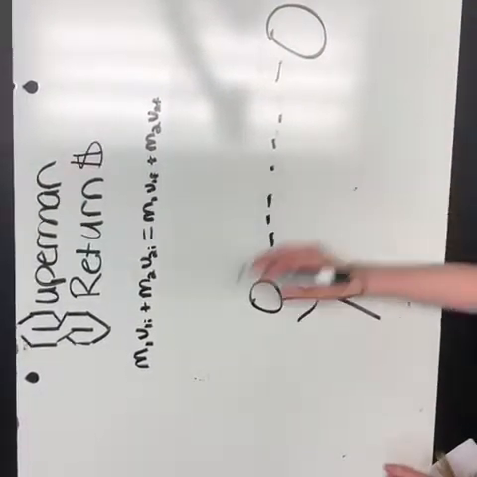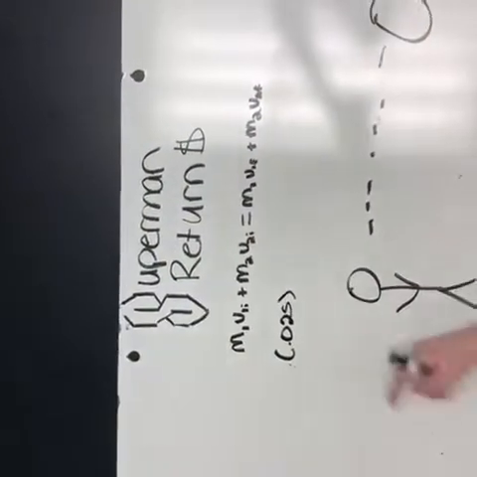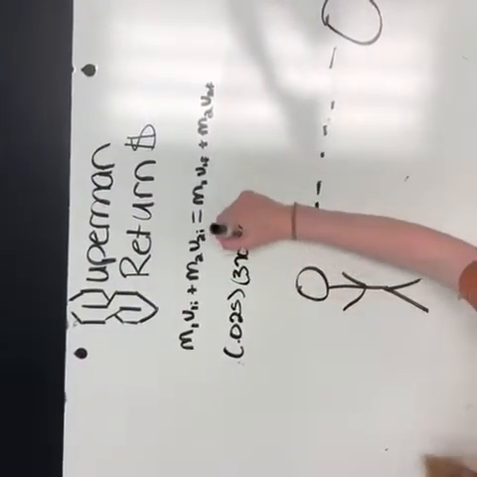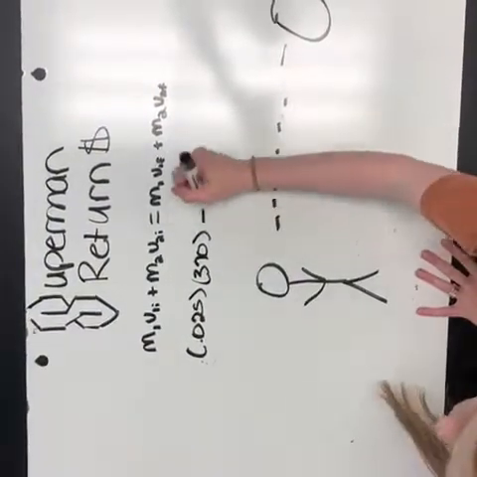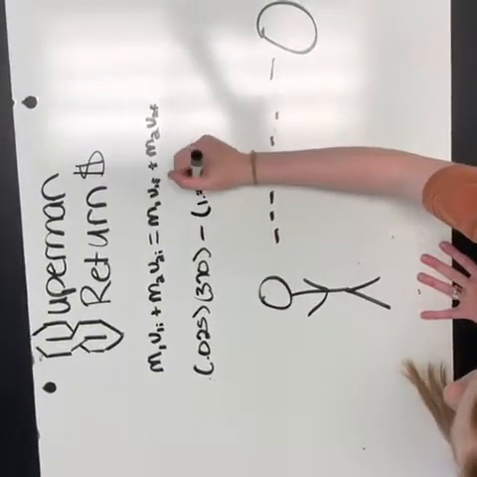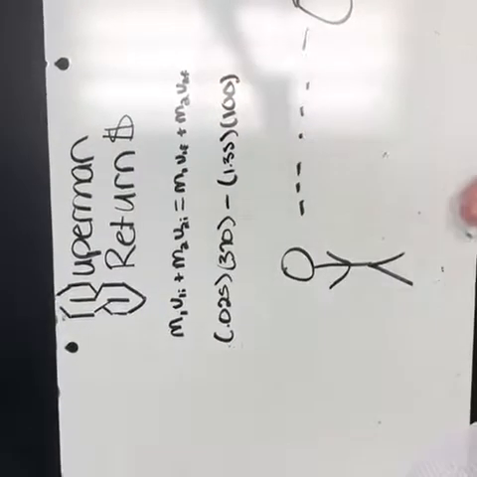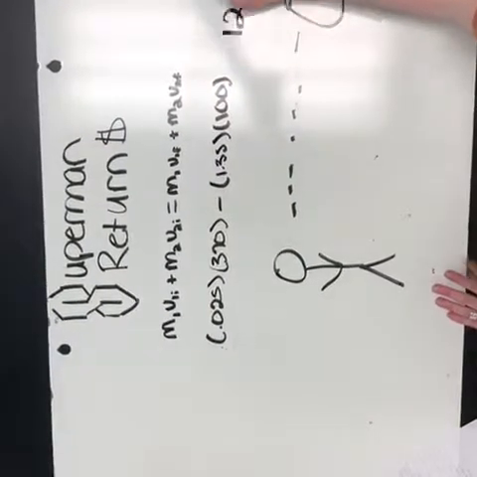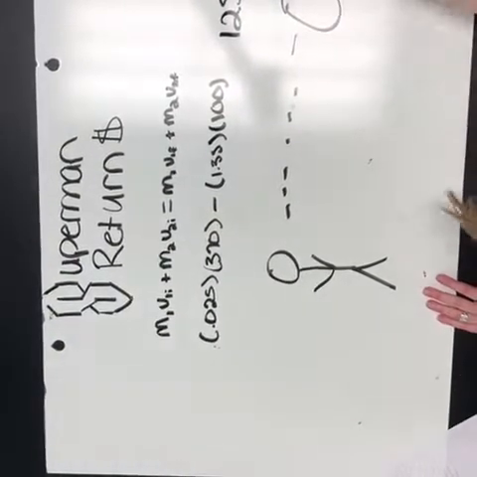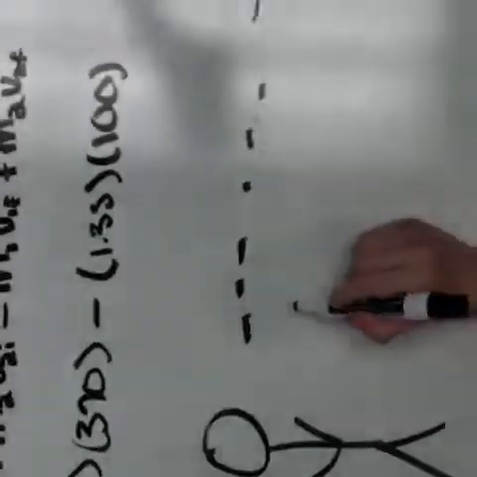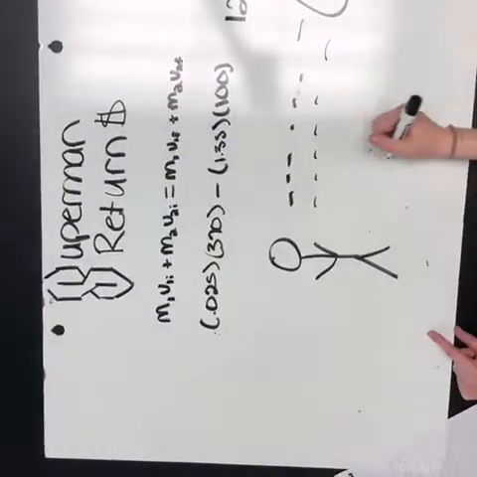So if the bullets we can assume are 0.025 kilograms, traveling about 370 meters per second to the left, and Superman walks at a normal walking pace of 1.35 meters per second, and we assume that he's about 100 kilograms, our initial momentum is 125.075 Newton meters. Afterward, however, the bullets ricochet off and go backward at about the same velocity,